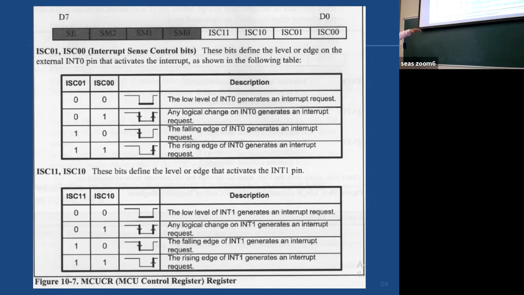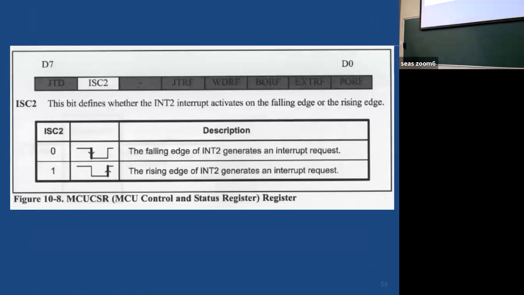Fine. 4 possible ways. For interrupt 2, we have another register called MCU control and status register, in which we have only one bit, D6. And with one bit, we have only two possible combinations, either falling edge or rising edge.